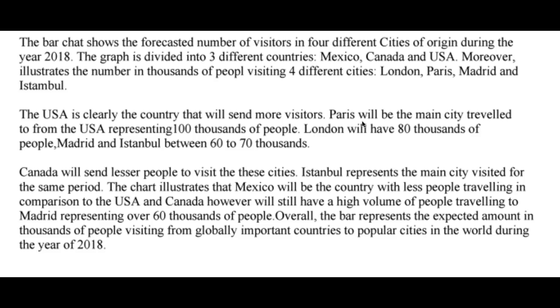Less than who? I don't know, because it started a new paragraph, so it's different. It's difficult to make a comparison immediately. So we could say, let's see, Canada. The most favored destination for Canadians is Istanbul, representing something, something, something. Okay, the chart illustrates that Mexico will be the country with the least amount of people